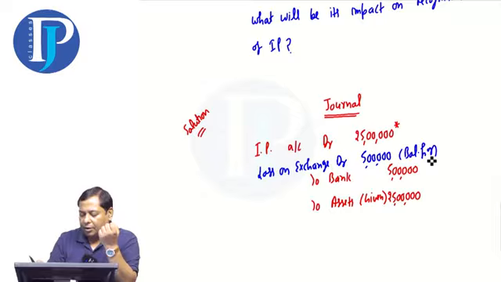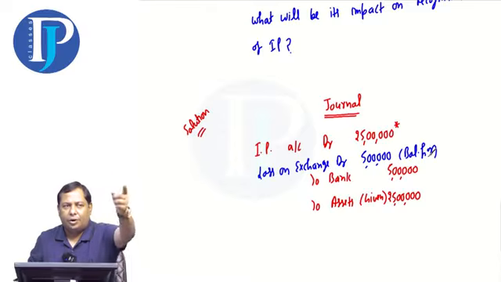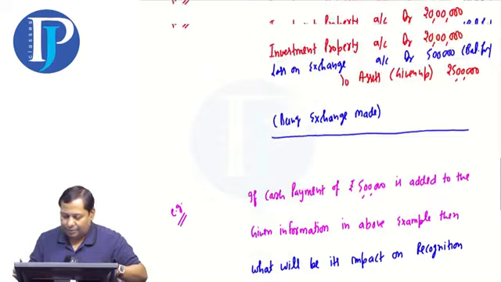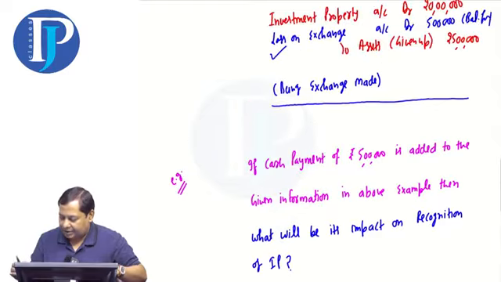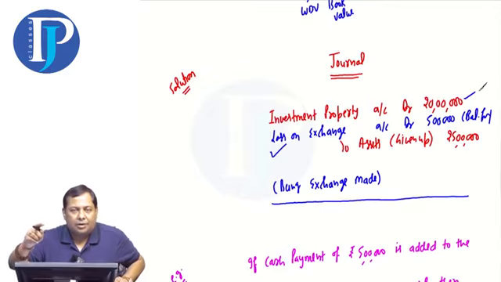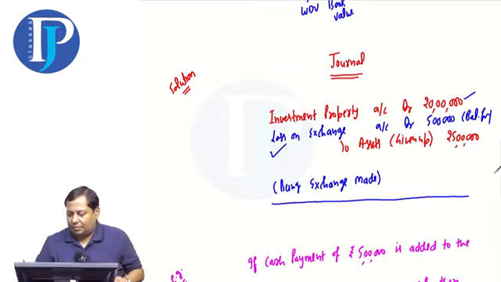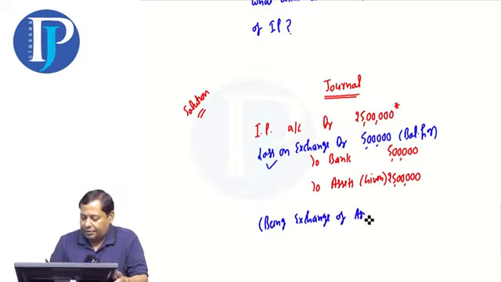This means the loss was 5 lakhs before and it is still 5 lakhs. The cash payment you made will be added to the cost. The loss was 5 lakhs earlier. The loss is still 5 lakhs. But your asset will record from 20 lakhs to 25. This means when we take the value of the given up, the cash that is paid becomes part of the cost. Being exchange of assets made.